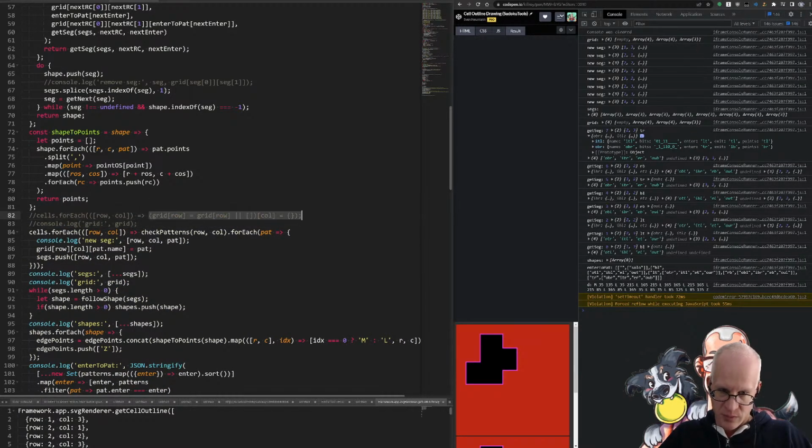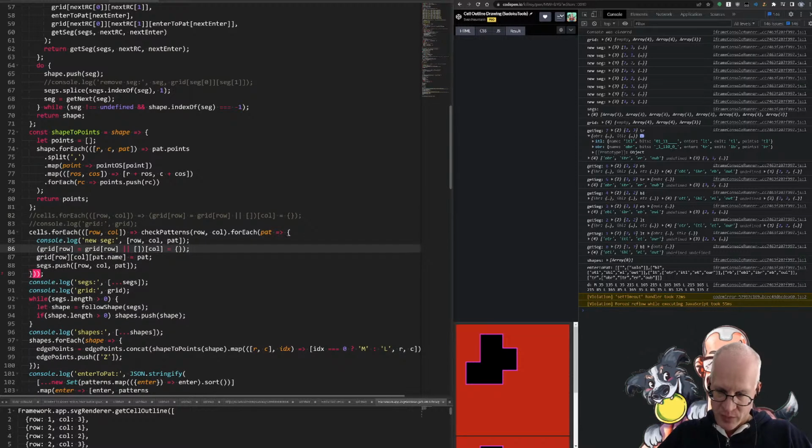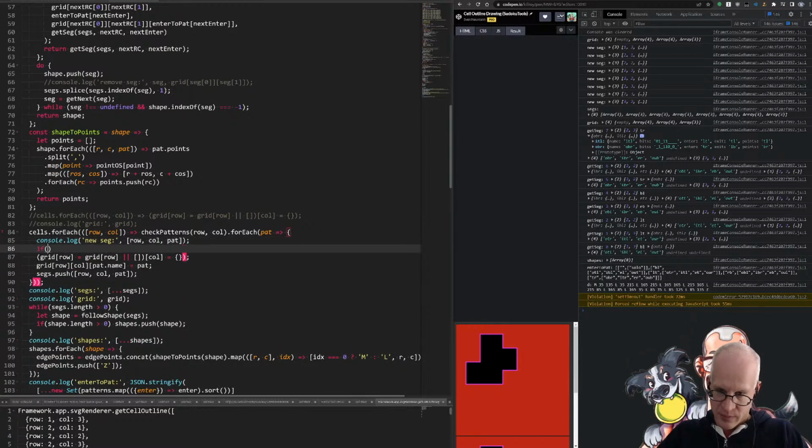Because now we can just do grid row, blah, yada, yada. Grid column equals, grid row column equals itself, or wait, itself, which we've already, if